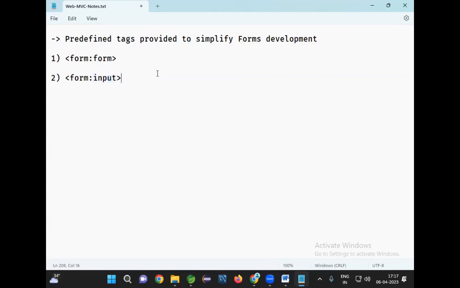Input represents text field. I want to display one text field. To display the text field,